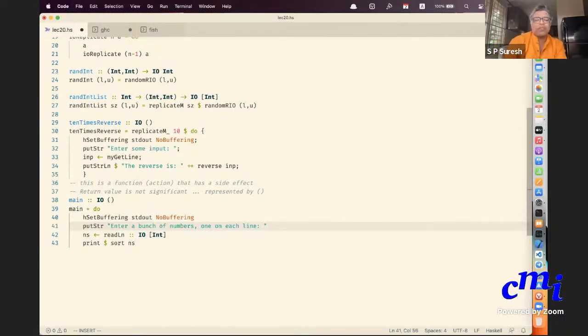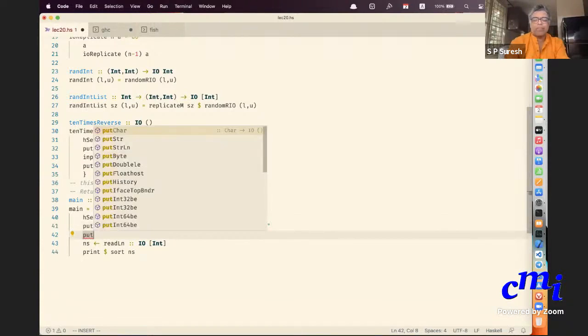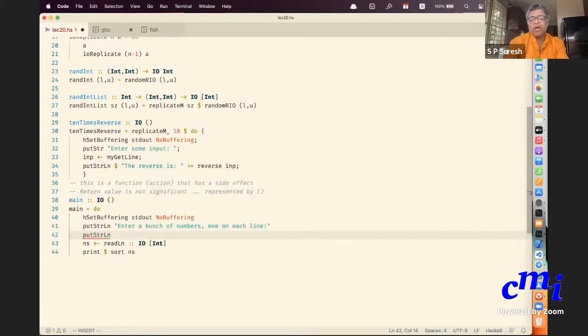I'll write some instructions to begin with. Enter a bunch of numbers, one on each line. End with a negative number. Okay, this is what I want to say.